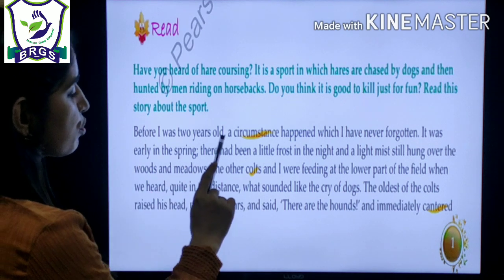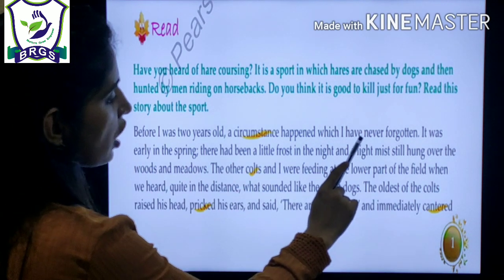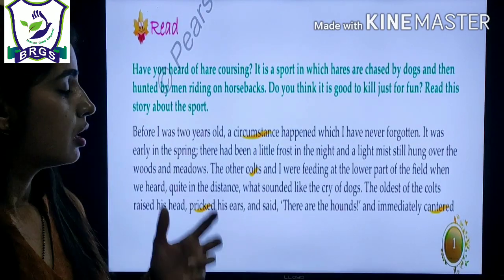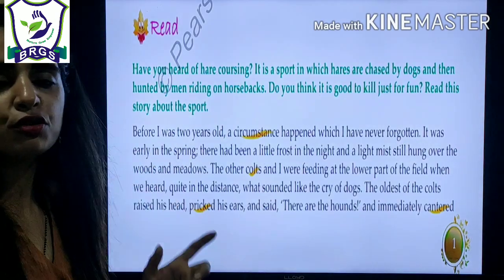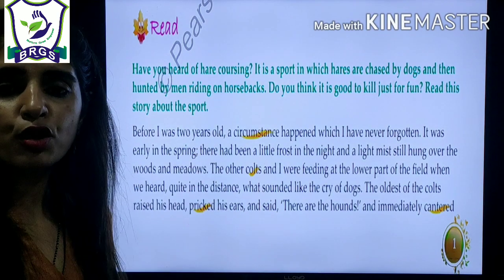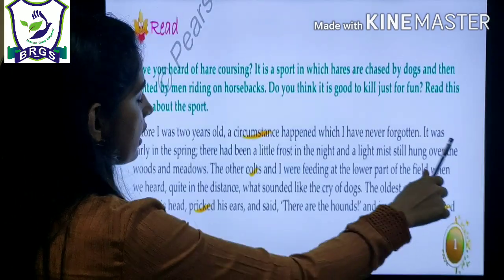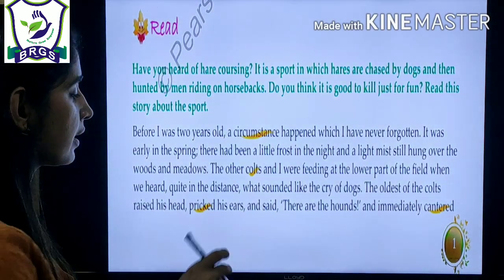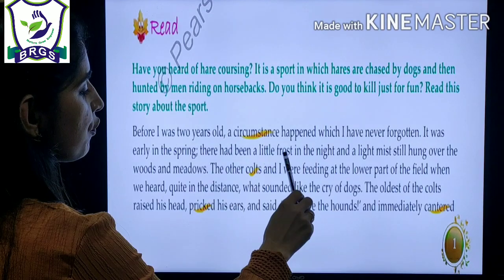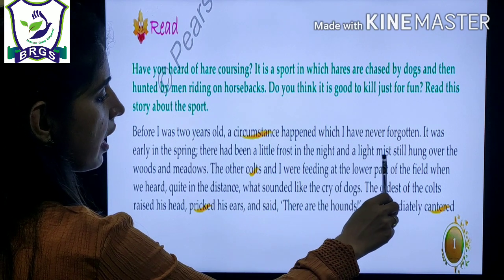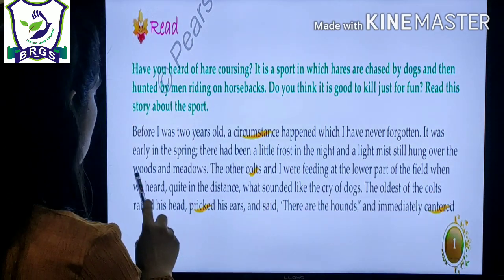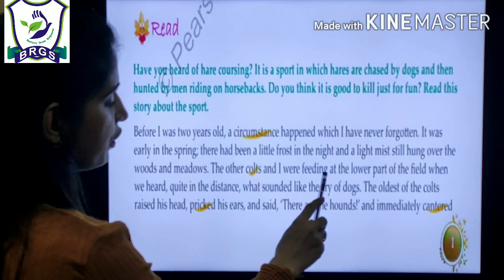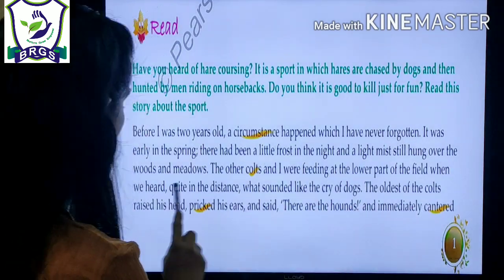"Before I was 2 years old, a circumstance happened which I have never forgotten." There was an incident that happened with the narrator, the horse, that he could not forget. "It was early in the spring." The season was spring. "There had been a little frost in the night, and a light mist still hung over the woods and meadows. The other colts and I were feeding at the lower part of the field when we heard, quite in the distance,